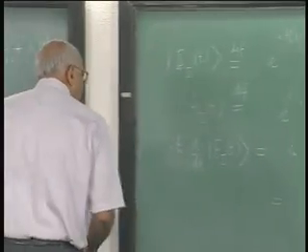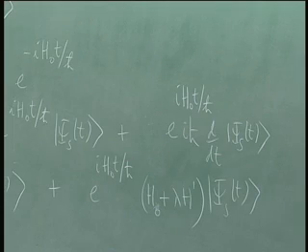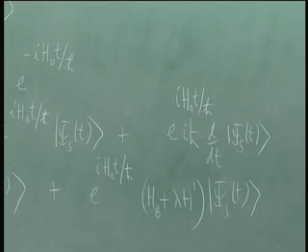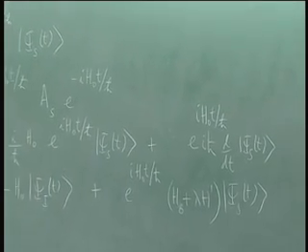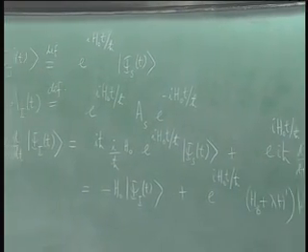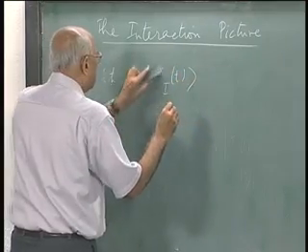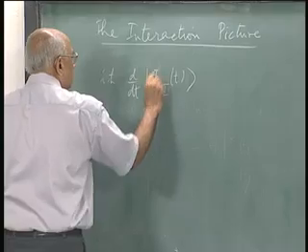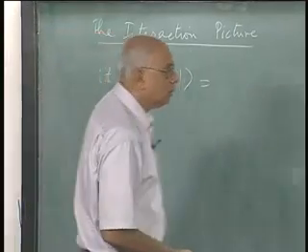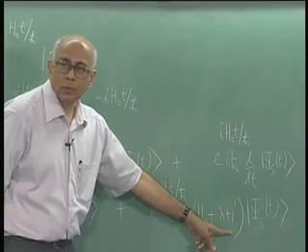So it gives us an equation which says iħ d/dt ψ_I(t) is equal to, it just leaves the λH′ term, nothing more than that, and therefore it is plus